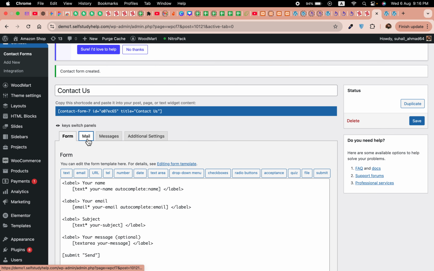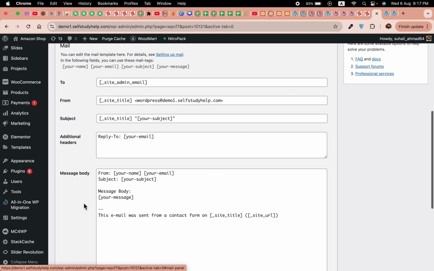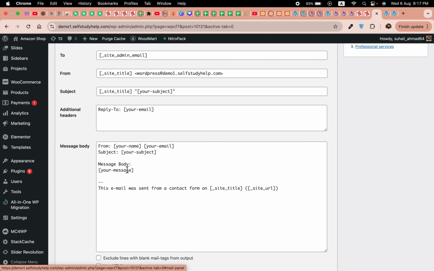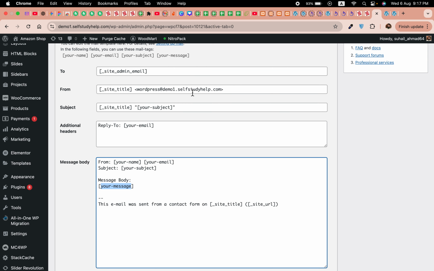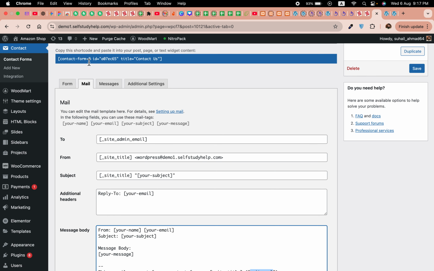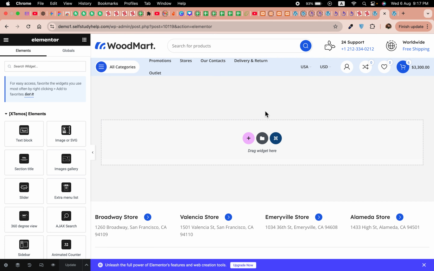Let's go to the mail section. We have the message body within our email. You can also add the subject or anything from these fields into the message itself, and this is for admin, so that we should know from where this email is coming. Okay, we will use this contact form, which ID is A7EC65. So let's go to the Elementor page now and click on this directory